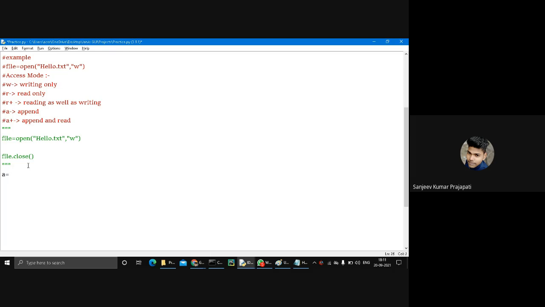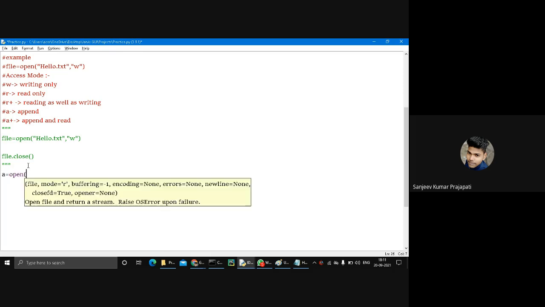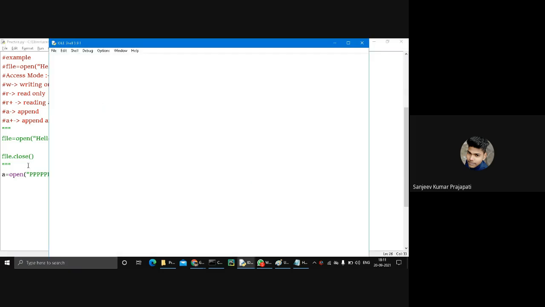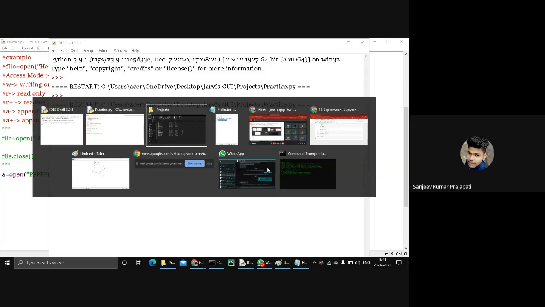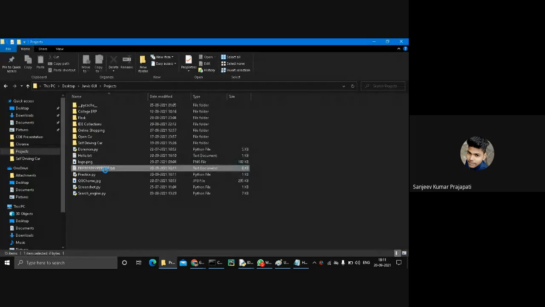A equal to open, and my file name is pt.txt, in write mode, and press F5. It's successfully created, and you see this file is created. Now it's clear how to create a file.